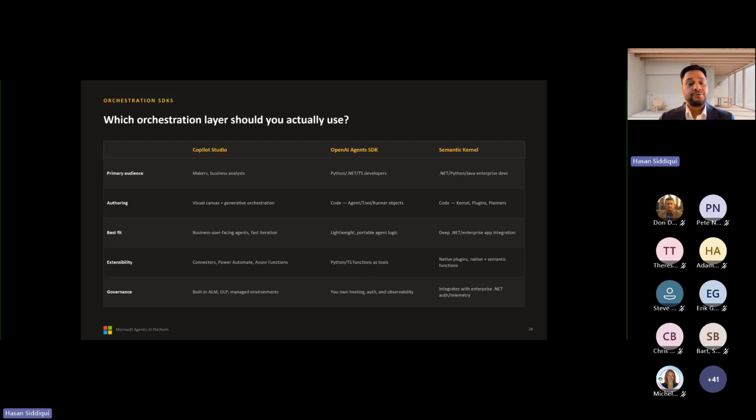Choose it when you need fine-grained programmatic control, or you are building agent logic that needs to be portable outside the Microsoft stack entirely.